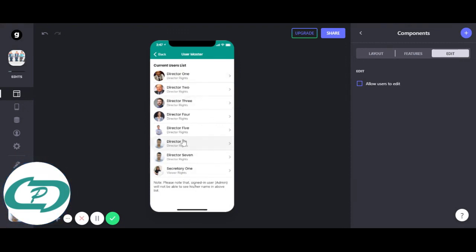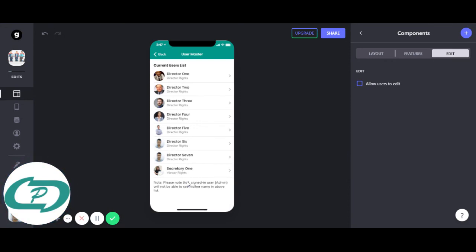One important thing which I've done here is that, if you read this, please note that the signing user, that is the admin, will not be able to see his or her name in the list. So you will not see my data as a user. Mine is secretary 2 with admin rights.